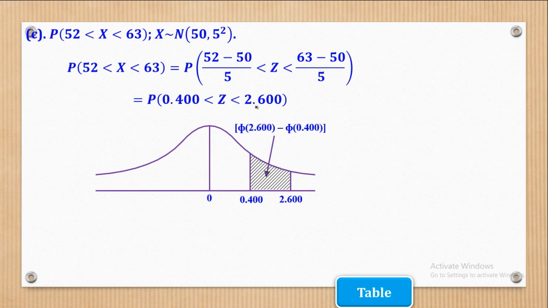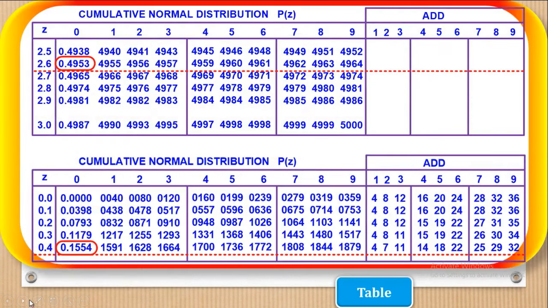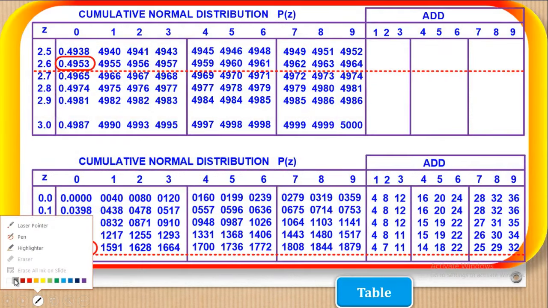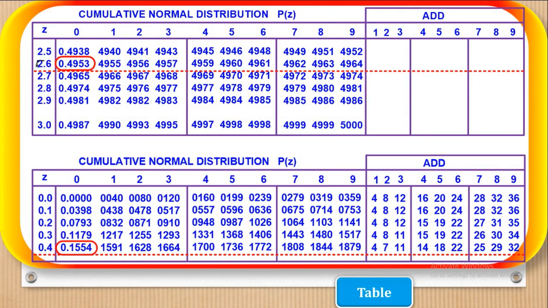After that, you shall remember that this probability is equal to this shaded area, so you shall write down that it is equal to phi of 2.600 minus phi of 0.400. After that, we shall use our mathematical tables. If you look at this mathematical table, you want to first look for 2.600, so 2.6 is here and 0 is here, so it corresponds to that. But this third decimal point, because it is 0, is ignored, so we shall take 2.60, which is